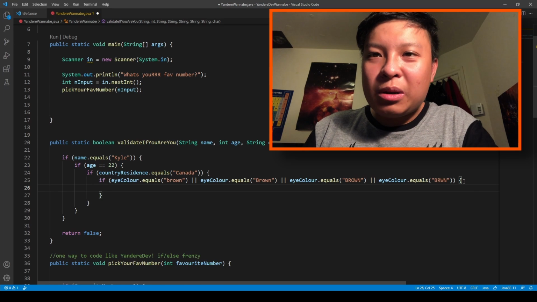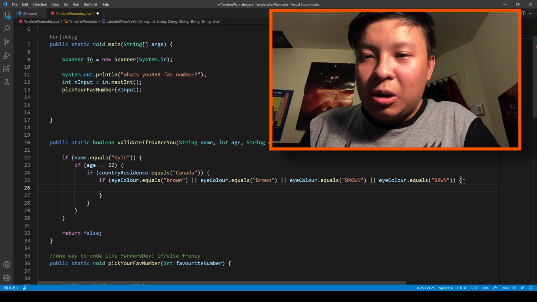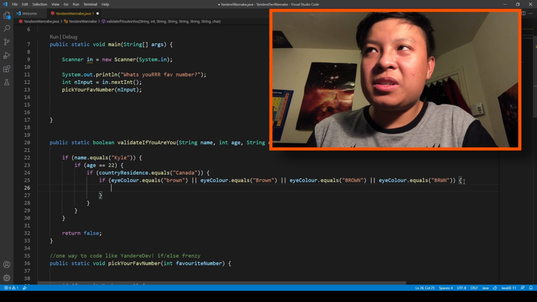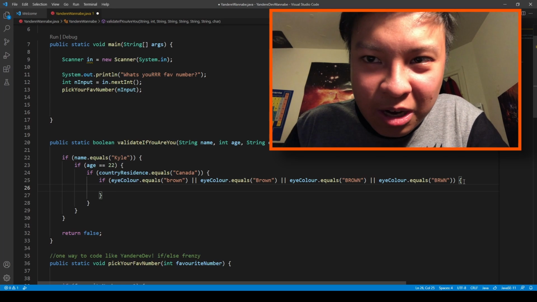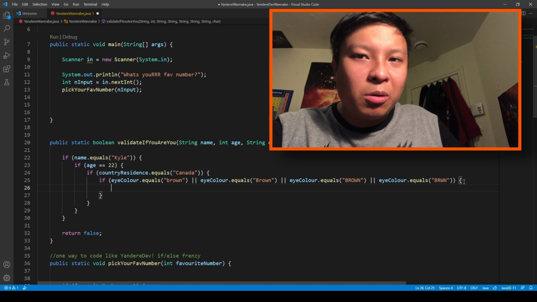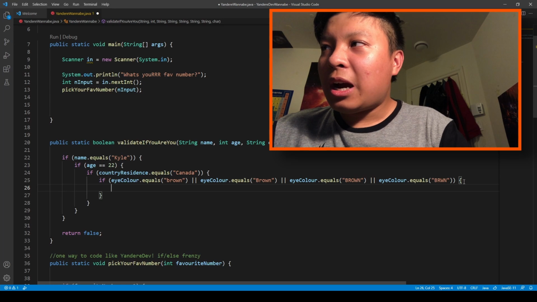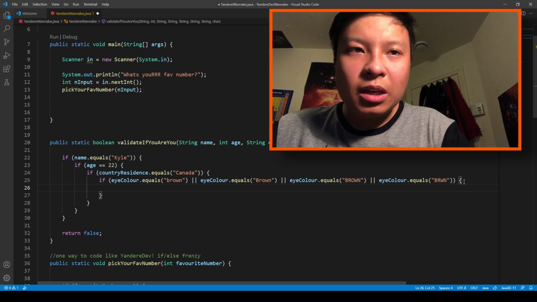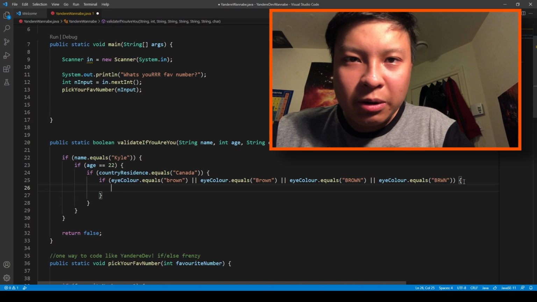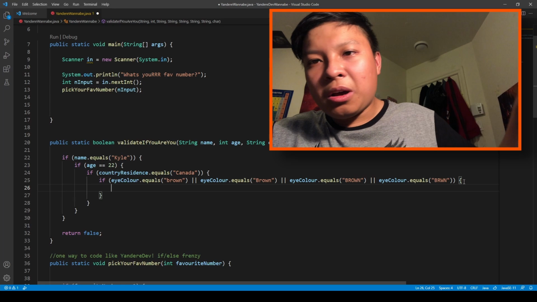So far it's pretty unreadable. So I'm intentionally making these deeply nested if statements because I am trying to code like Yandere Dev. This is how Yandere Dev codes. Well, at least in his old code for Yandere Simulator. I remember watching a code review where someone reviewed Yandere Dev's source code, in which at one point it contains like a 10-level